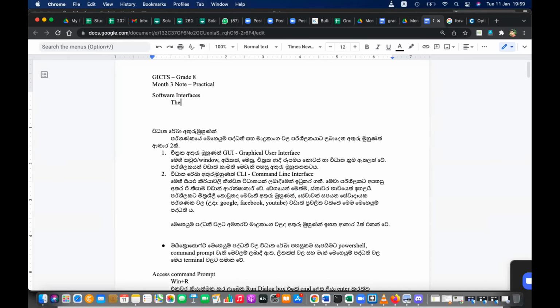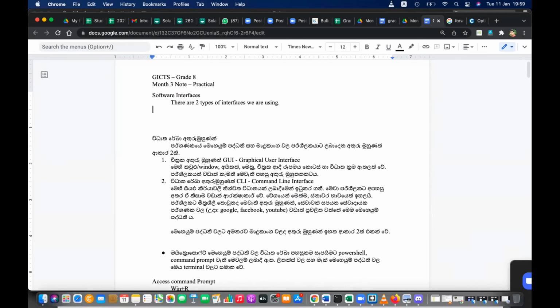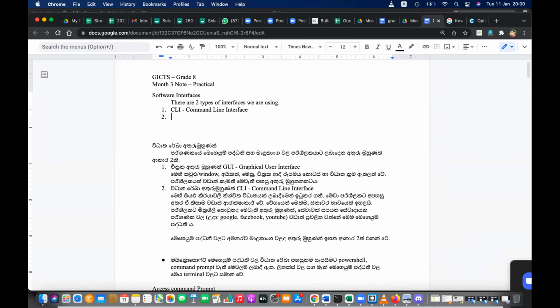There are two types of interfaces we are using. Number one is command line interface, CLI. CLI means command line interface. Number two is GUI, graphical user interface.